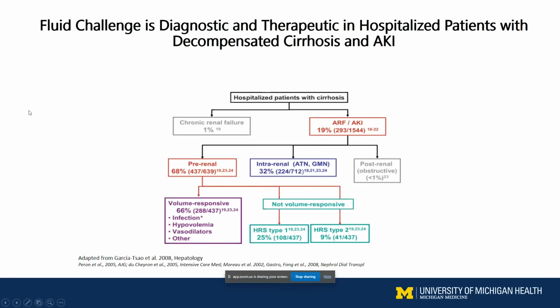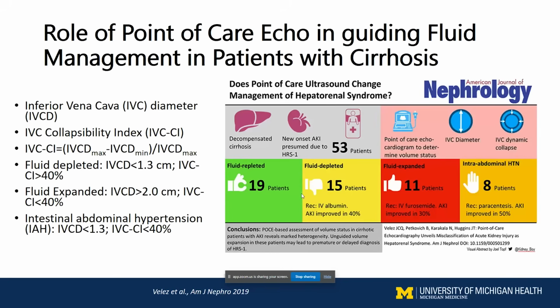And what they found was that 2/3 of the patients were volume responsive, and those who were not volume responsive had either type 1 or type 2 HRS. But when we give fluid as a blanket statement of saying, give albumin for 2 days, it's very difficult to assess the volume status in these patients because they usually have ascites and lower extremity edema. So in this small study of 53 patients,